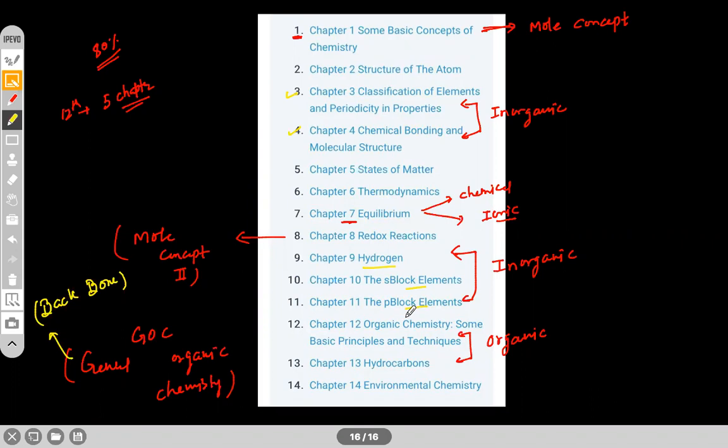We'll go into this particular chapter so that you can understand concepts properly, and then we'll use those concepts in the various chapters. State of matter is also a big chapter, but not that